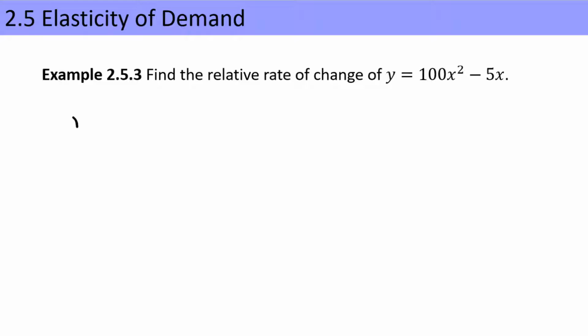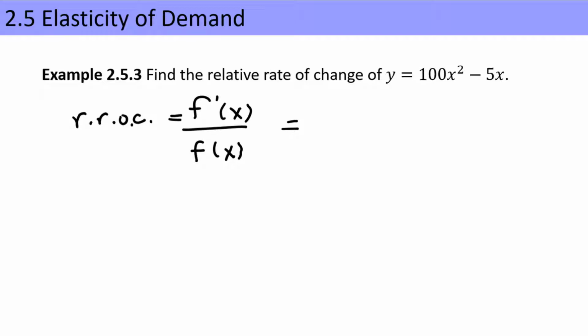To find the relative rate of change, which we denote with RROC, that is equal to the derivative of the function divided by the function. So in proceeding, the derivative of y turns out to be, we bring the 2 down and multiply it to the 100, which would be 200x, minus the derivative of 5 times x, which is just 5. We divide that by the given function, which would be 100x squared